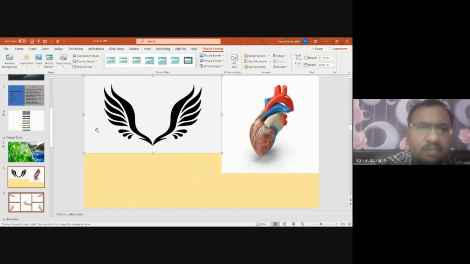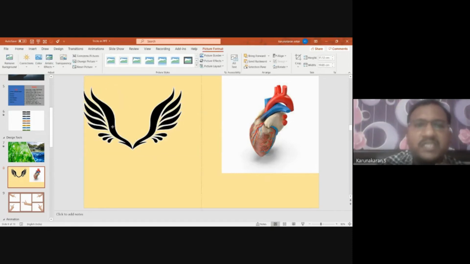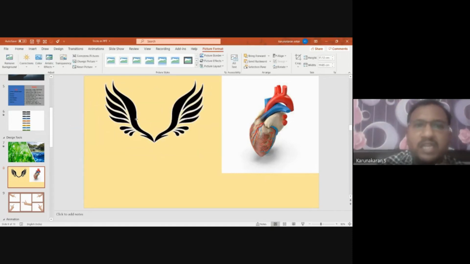When I click on the color which I have to remove, it works, but this does not work for a gradient background color. If it is changing multiple colors, this will not work clearly. If it is only black and white or two different colors, a solid background color, you can use this easily. Now you can see the image has become clear, right? Wherever you click, you will have only that image here.